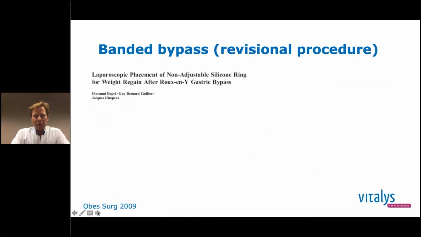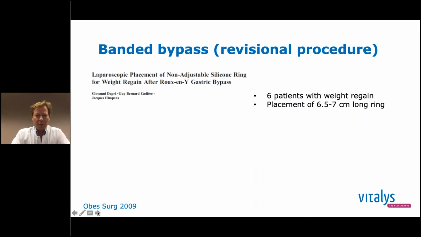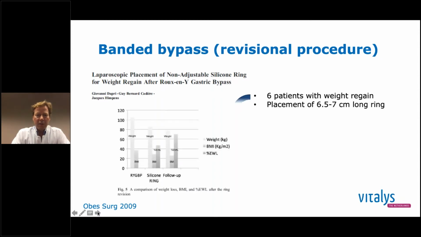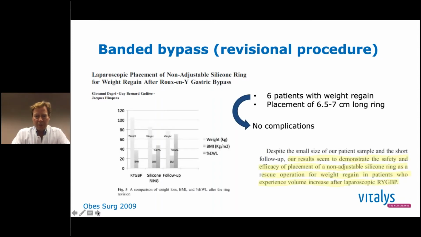But of course, we first looked into the literature. This is a bit older study by our Belgian colleagues, who about 10 years ago published a small series in 6 patients with weight regain and placed a ring around the pouch. And they said, well, this is a very effective rescue operation. So placing a non-adjustable silicone ring could be a very effective operation for weight regain in case of